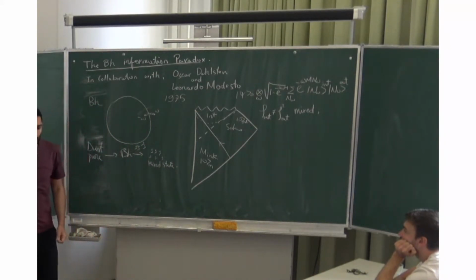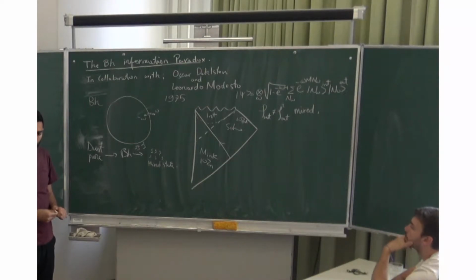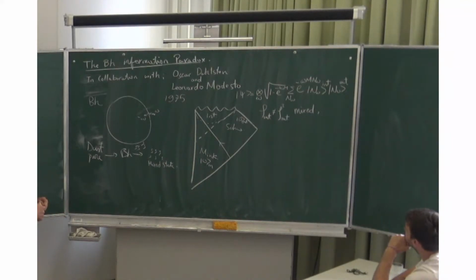Now, putting aside the evaporation, is there a process that will start with a state outside, as you put dust in the pure state, and then unitarily show that you end up with this state, which then maybe evaporates, and there is a problem? But I am just asking about this pure state transforming into the entangled state between input and output modes. I know that people start with this and then say, oh, now it evaporates and unitarity is lost. But I'm asking about the step before that.